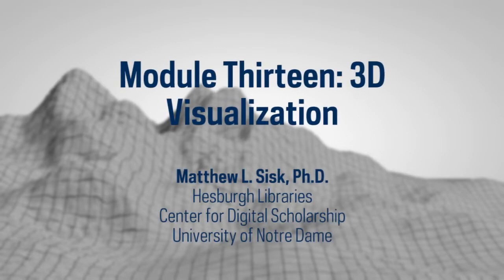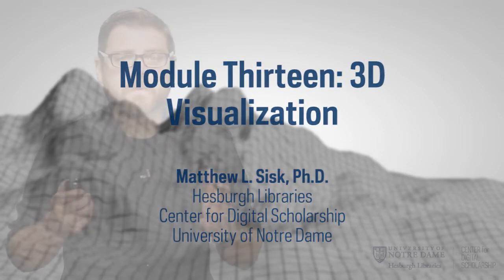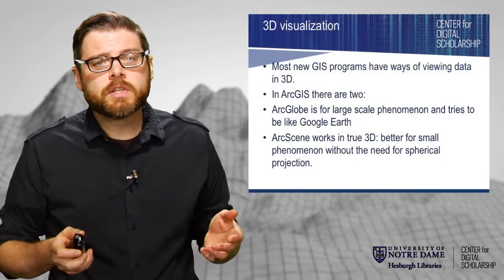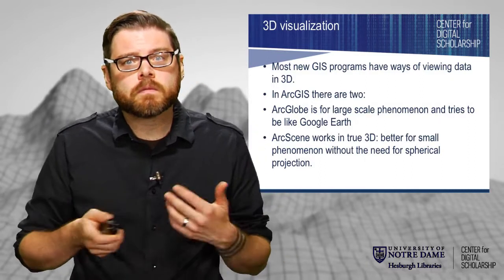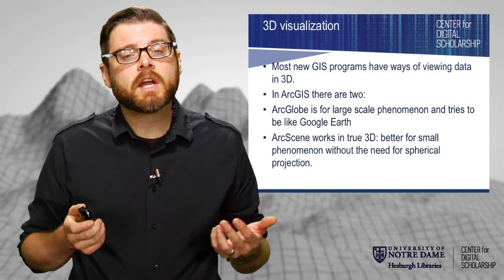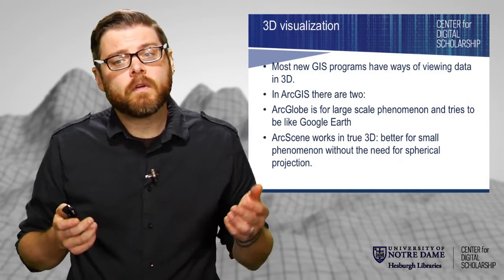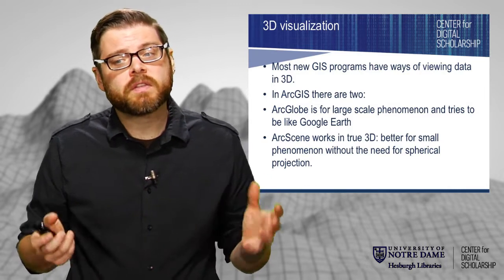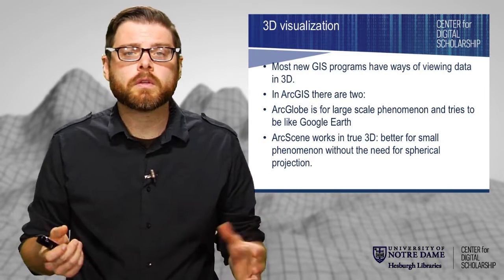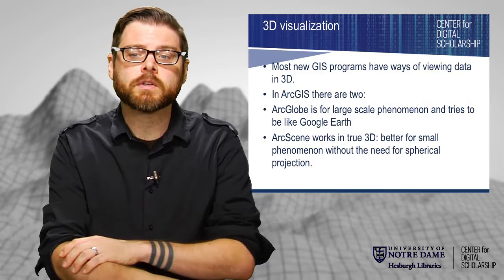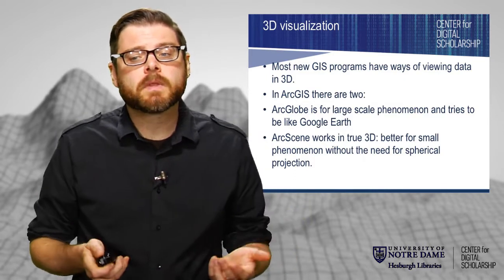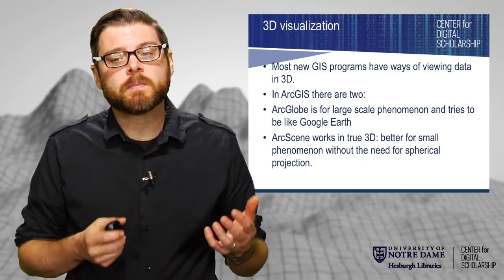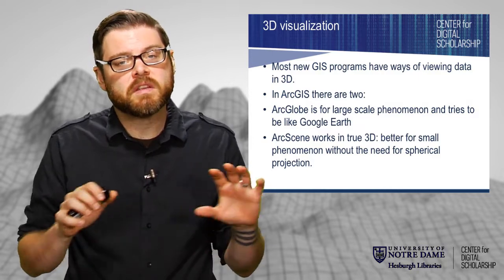So in this final module, I want to go over a little bit related to how we can deal with some of our data in 3 dimensions. Now, most new GIS programs have ways of viewing things in 3D. In ArcGIS, we have 2 different ones. We have ArcGlobe, which is for large-scale things. It tries to kind of be like Google Earth, anything where the curvature of the Earth is going to be important. And then we have ArcScene, which works in true 3D, so it's better for small phenomena without kind of